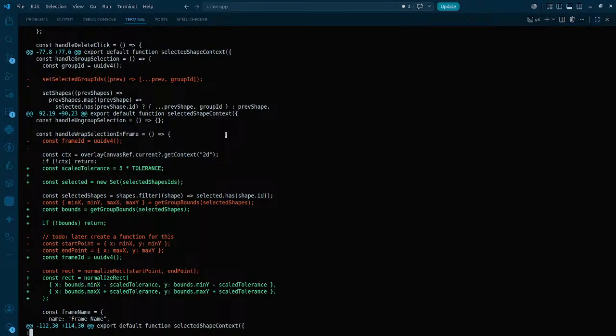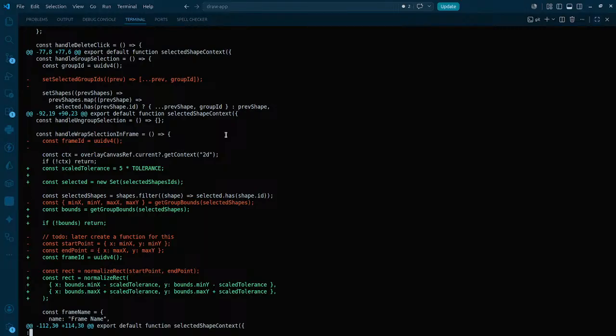Earlier we were passing start point and end point, and we were creating a start point x min x. Interesting. So earlier what were we doing here, that we had the start point and end point, and we were just simply getting the normalized rectangle, and this is happening inside the